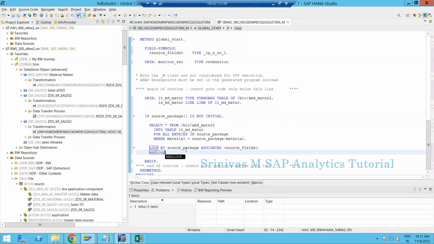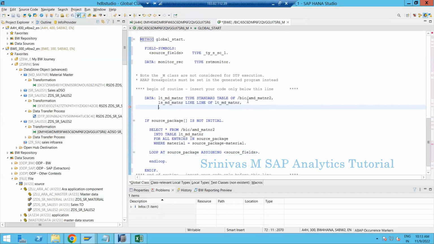So why am I doing this loop? By looping over my internal table source package, I will check each and every record whether it is of material type MT2 or not. If it is of material type MT2, I am deleting that record. How am I going to delete that record? Instead of deleting that record, you can do one thing. Let's create another internal table, LT_source_package, of type standard table of